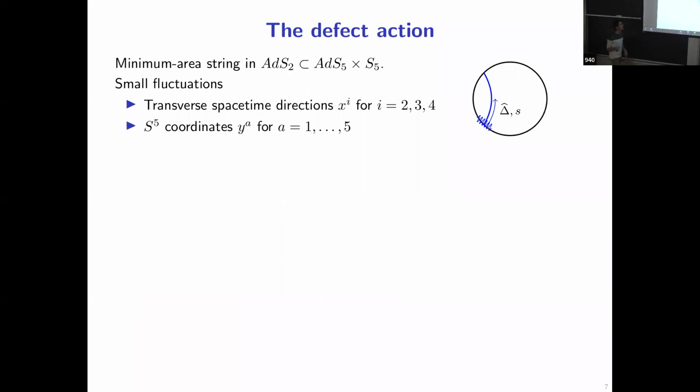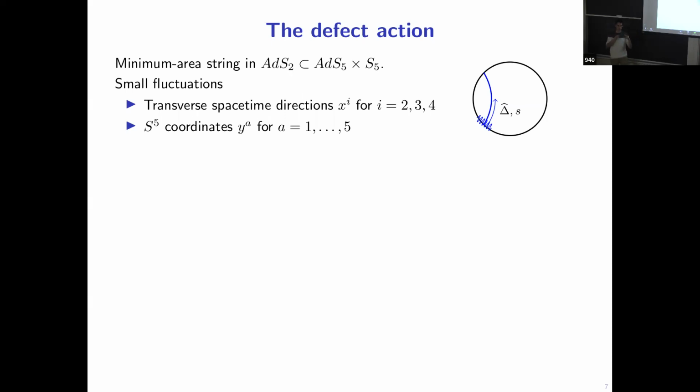But as Himanshu was saying, there are more fields. So here the picture that you should have in mind is that you can go to the boundary of the AdS2, and then you can put there some local operator, and then the thing can propagate inside the AdS2. So again, this type of operators, from the supergravity point of view, you should imagine that they correspond to fluctuations in the geometry of